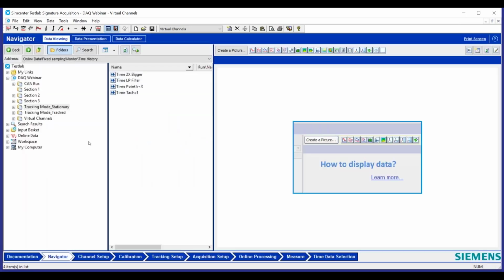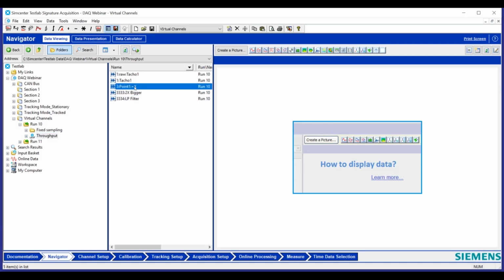And really quickly, if we were to run our test, here's an example of a run. If I go to the throughput to time data, you can see it saved right alongside my analog data, the data from my analog transducers. I have to say, we digitized it to get it into Test.Lab. But it's right there. It's accessible very easily. Go ahead, Pete. What do you want to do?